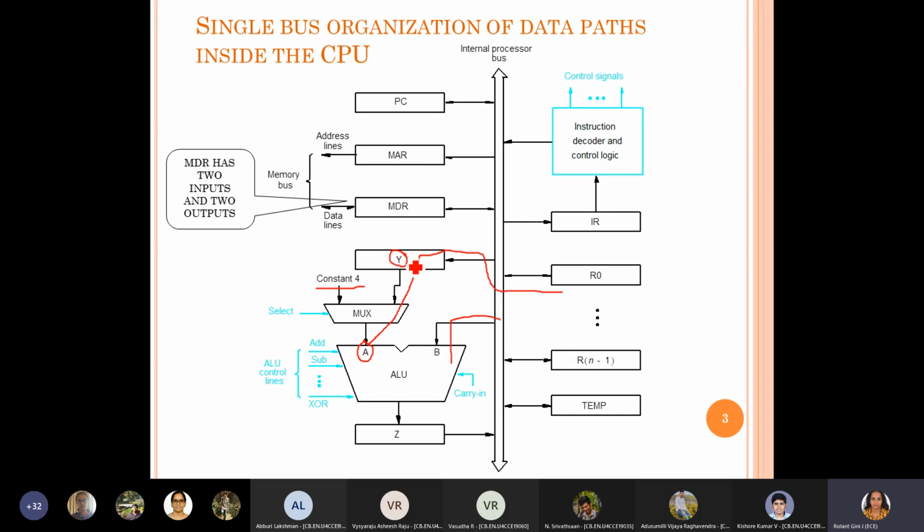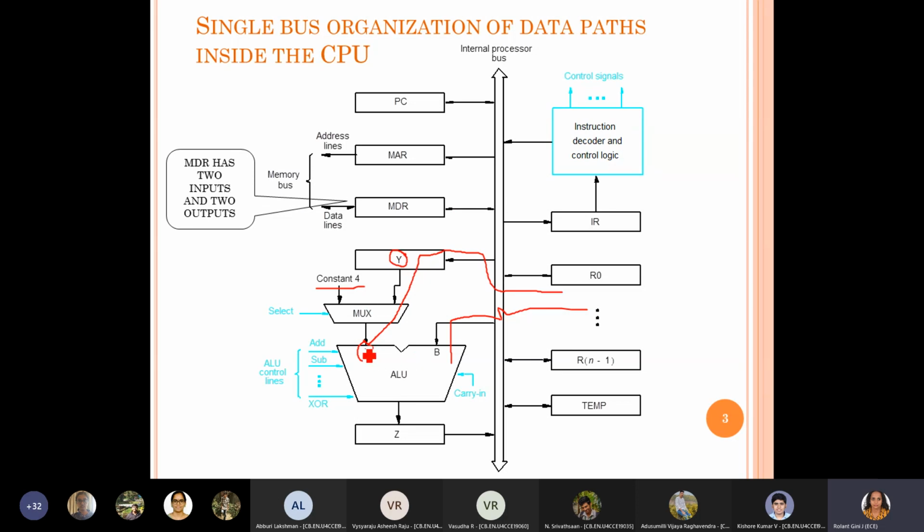Once we complete loading the Y register with R1 data, then R2 data we enable and pass it through the processor bus from the register, right? And the output will be available for all, once the data is connected. It can be latched with any register. So it depends on which in signal you are enabling, it gets latched there.